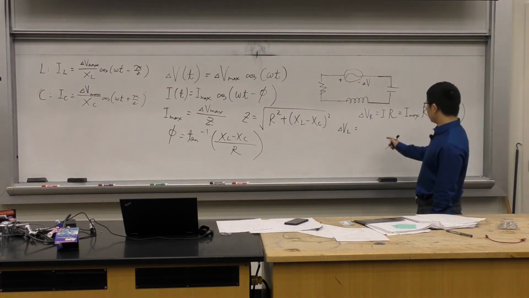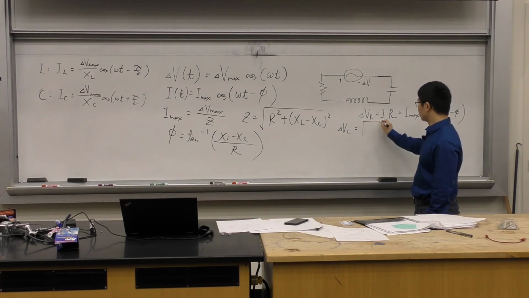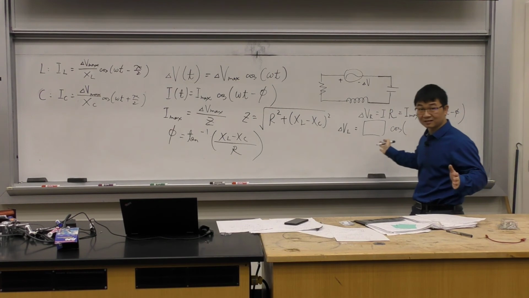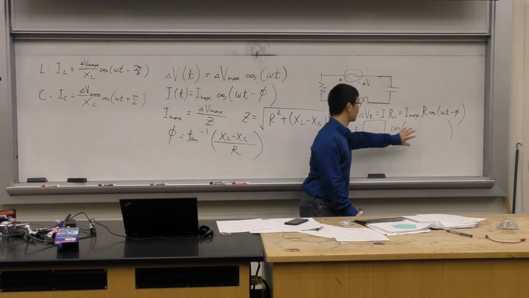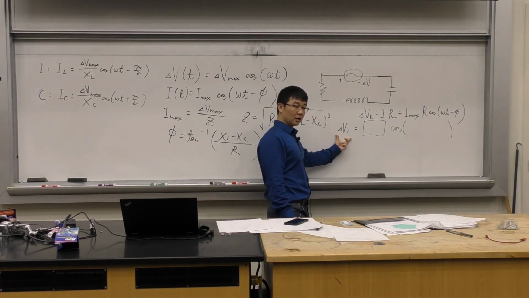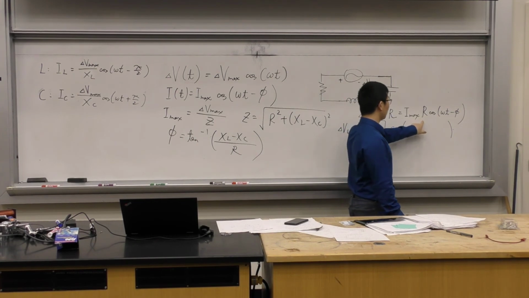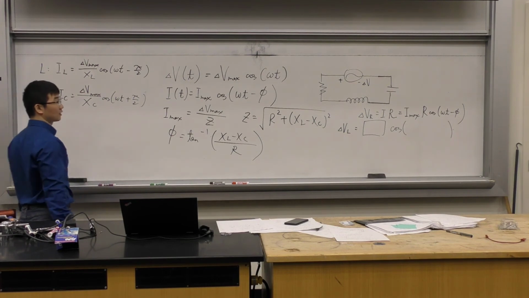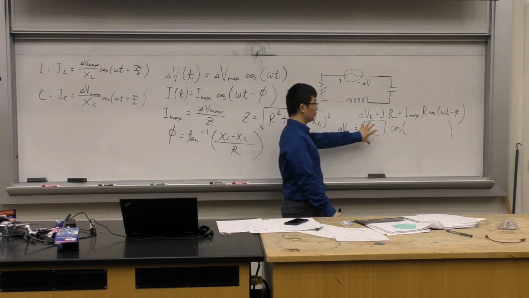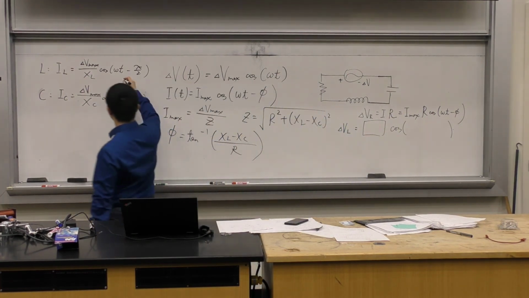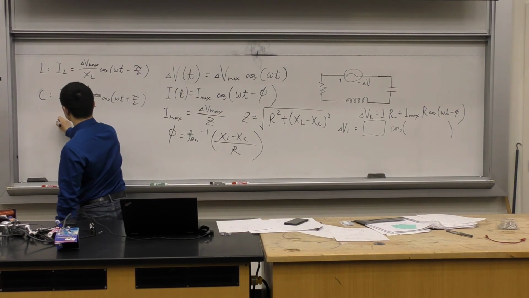First of all, it's got to be something like this. It's got to be Vmax, something maximum value times a cosine function. Because everything is going to be like that, right? Then how do I figure out this and this? The maximum value for this voltage on the inductor is going to be similar to this because of the XL, and then these Vmax and Imax, they're connected. Because you're going to put the Vmax for this inductor here. But for an inductor, Vmax is always equal to,